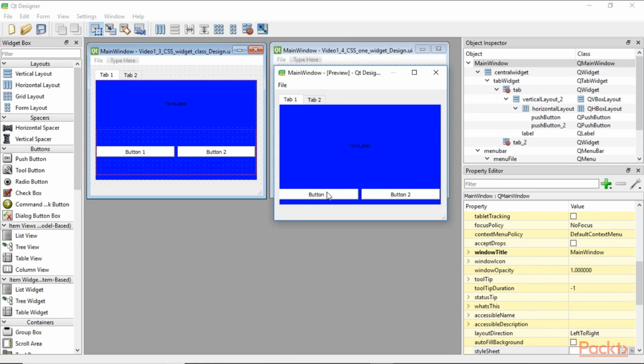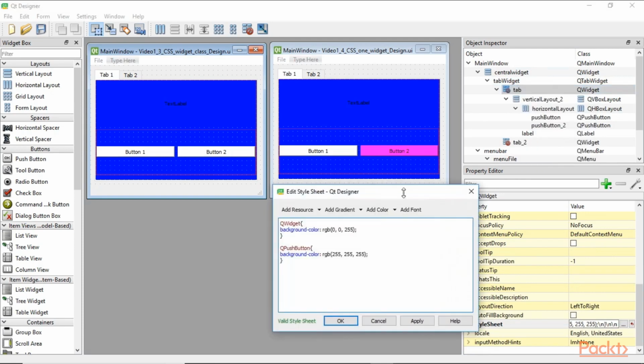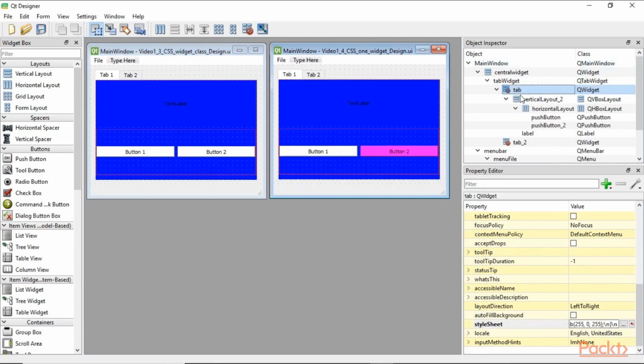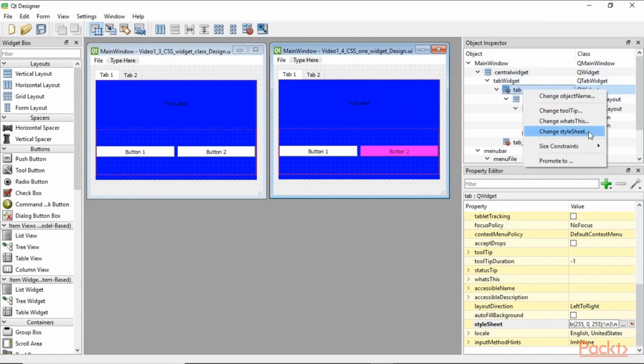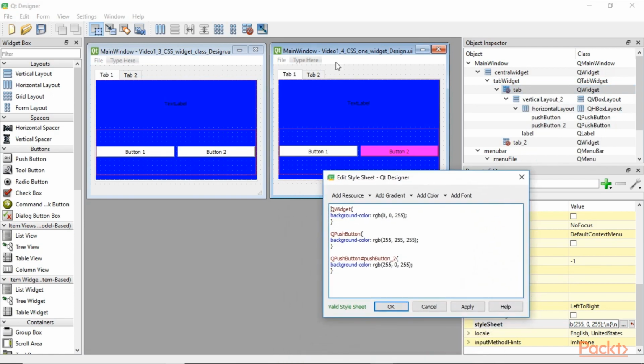And now let's say we want to have one of the buttons in a different color. The way to do this is, right now the white on the left hand side applies to all buttons, and we can sort of override that. So we go back to our tab to change style sheet. I didn't have it highlighted enough, so we highlight our tab here, the first one, right click on it and go to change style sheet. And now we still have the GUI widget, which is our tab in blue. We have all push buttons in white, but we can also say for this specific push button, I want a